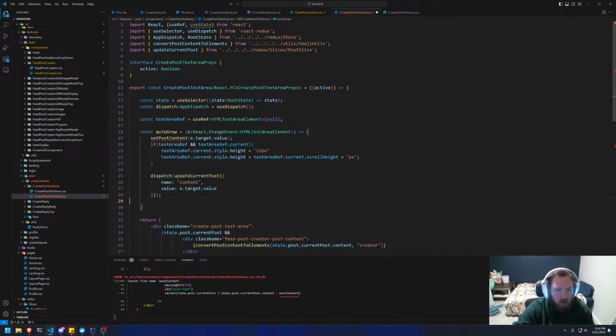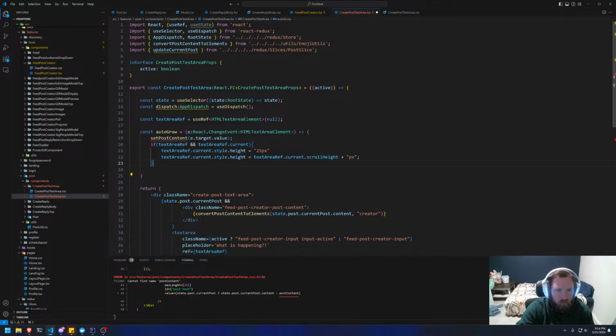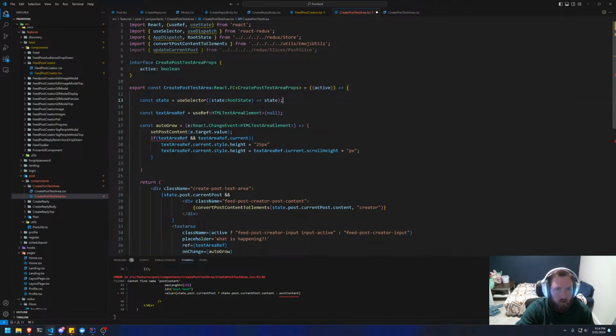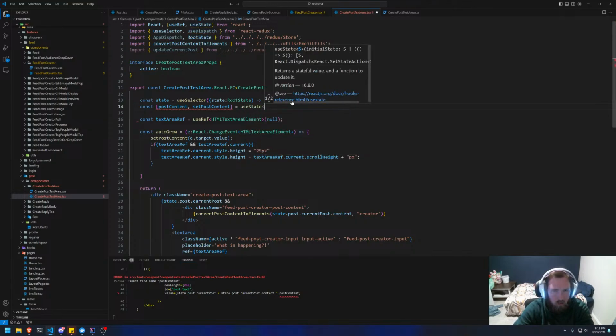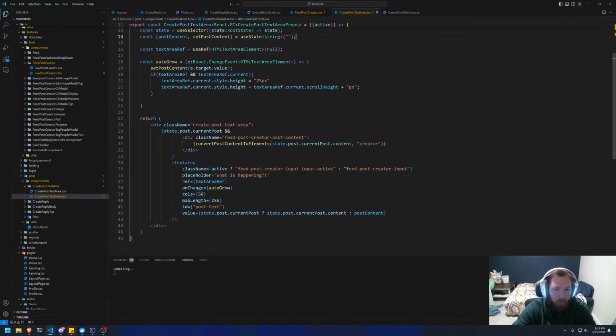So I'm not going to update this on auto grow. I am going to, so that means we probably don't need the app dispatch. So let's get rid of the app dispatch. We will need a state though. So const, and we'll say post content and set post content equal to use state. And this will be a string, and it'll start out as empty. Okay, so now